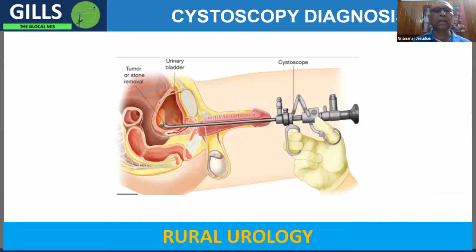This is the second lecture in the series of lectures that we are having for rural surgeons, which is arranged by the International Federation of Rural Surgeons. In the last lecture, we studied cystometrogram or bladder pressure studies and how a variety of symptoms can be interpreted using the findings of the cystometrogram.